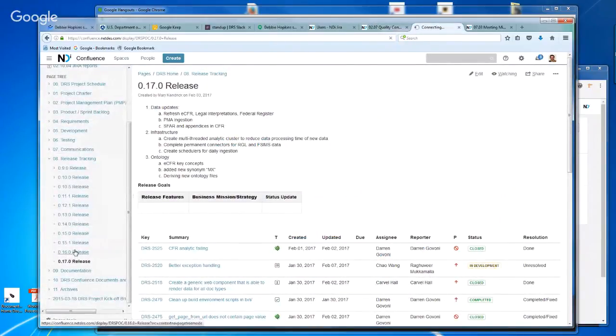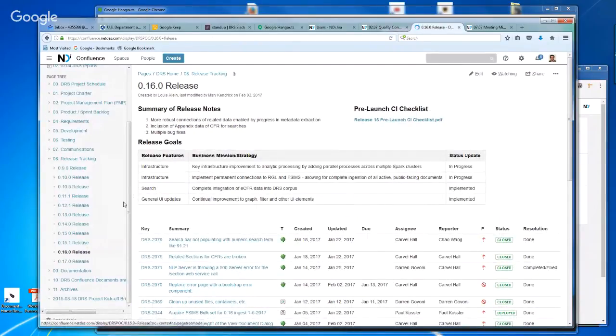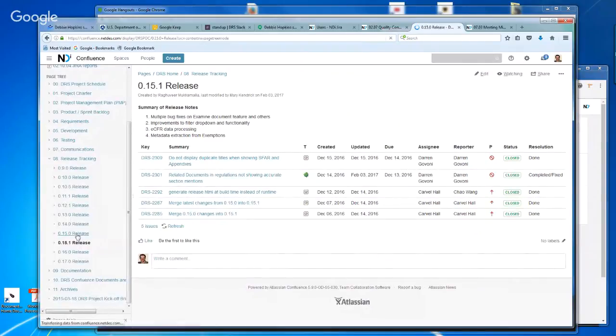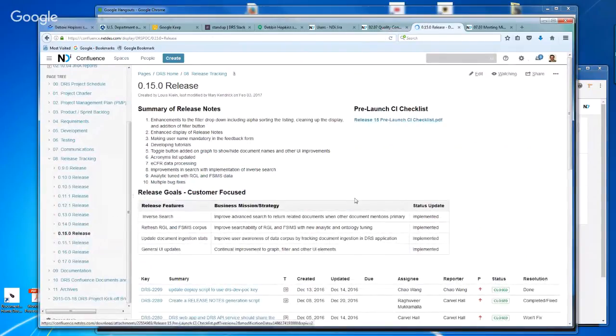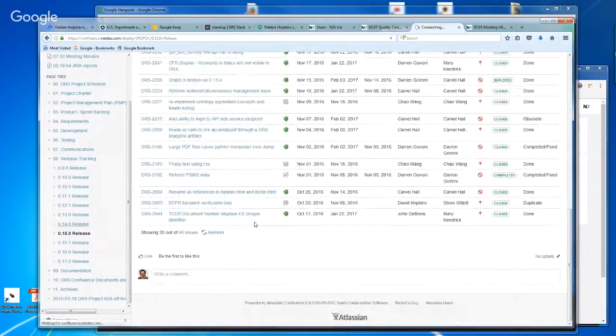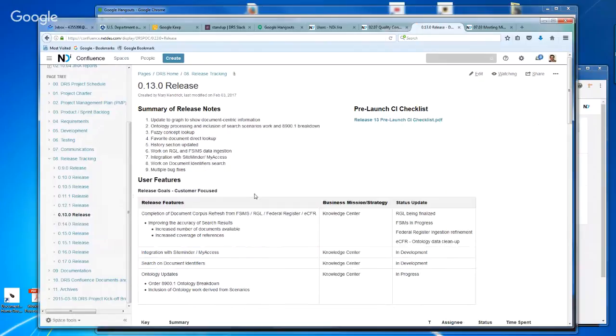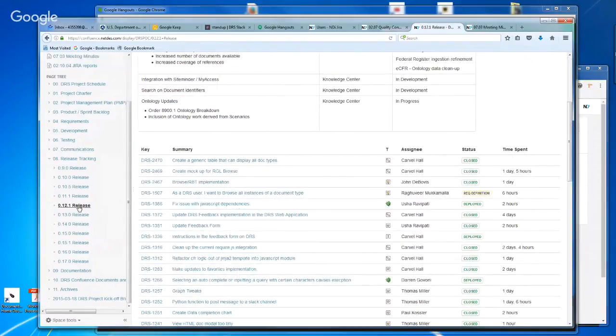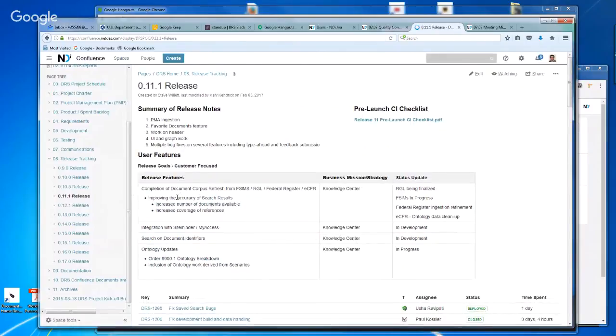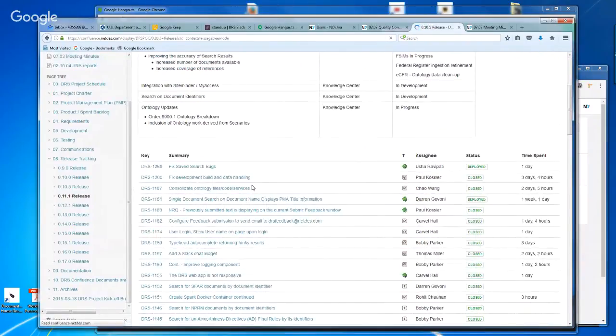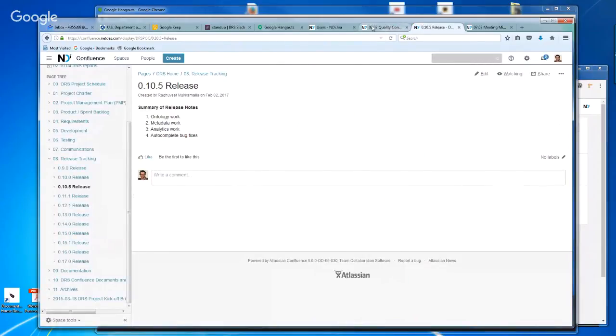So now we go to release, pre-release checklist. Still not seeing it, there's the pre-launch. Now maybe they've done away with the retrospectives, but it is in our PMP. Yeah, still not seeing retrospectives, all the way back to release 10. So that one stands. Okay, so we're going to take that one